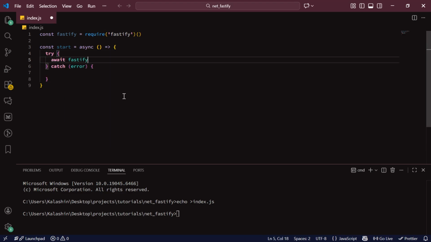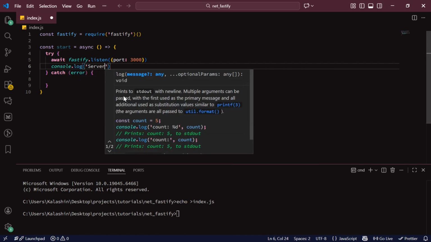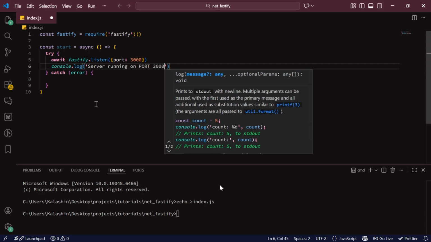This is going to be an asynchronous function, and inside of this function, I will add a try-catch block. Inside the try block, I will await a call to fastify.listen. The listen method allows us to listen for a connection on a specified port, which is going to be 3000 in this case. Then I'm going to console log "server running on port 3000" just to notify us that the server